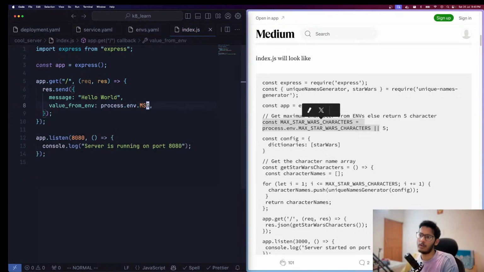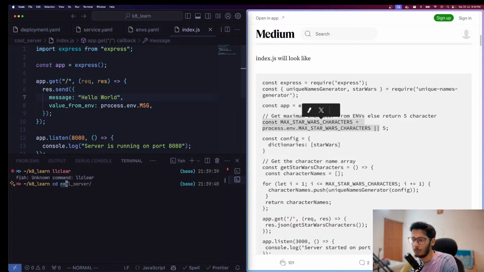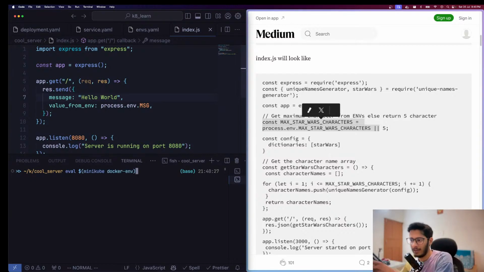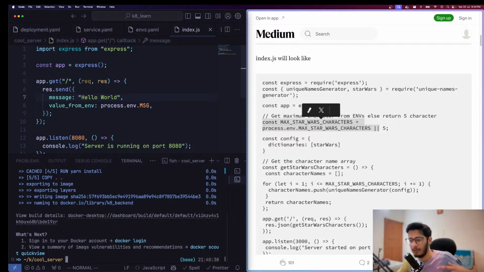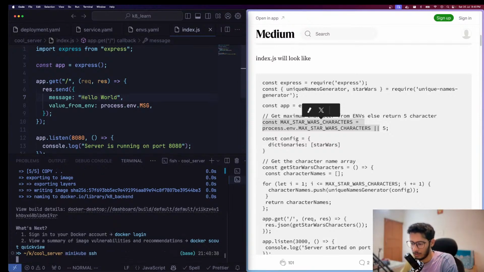Now to access this, I'll have to rebuild my image. So we have to run the command eval $(minikube docker-env), and now we'll have to build our container. This will be available inside minikube ssh. This will give us ssh, and now